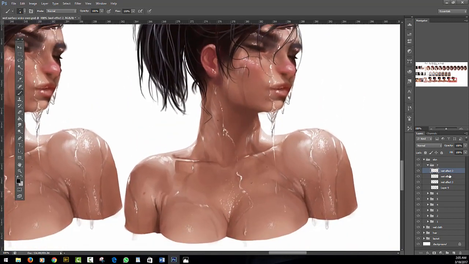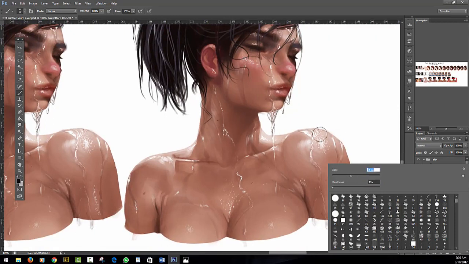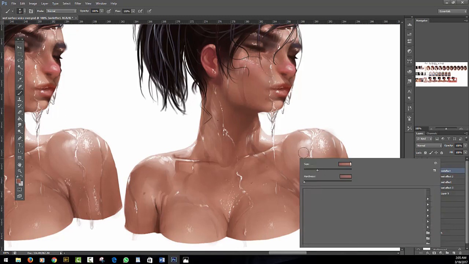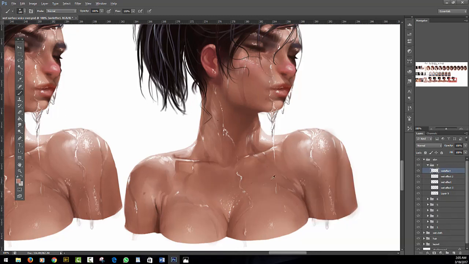And last but not least, want to do one more thing, wet effect. Okay, just gonna use an airbrush here, kind of going over it real fast to add a very soft highlighty feeling to it. Maybe there. And here,